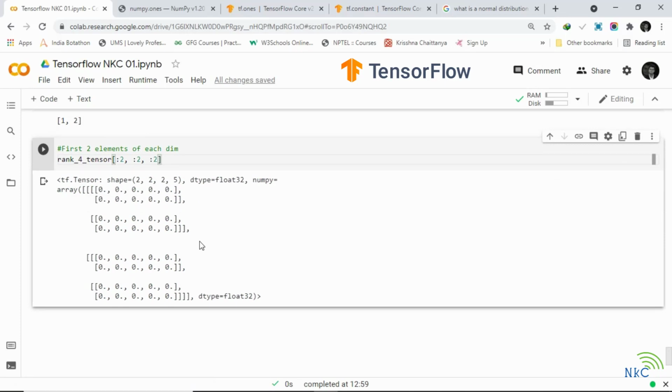So let's have a look at what the output of this is. Wonderful, because the tensor is all zeros, we get 2, 2 and each value is 0, 0, 0, 0, 0, 0. But you can see the shape here. This is the first element of the outer tensor.